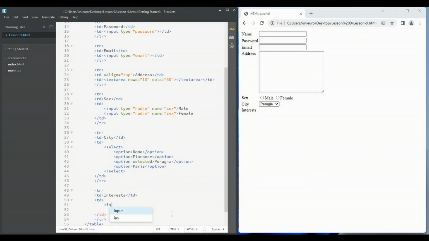We add input, type, checkbox, sport. In here, sport,